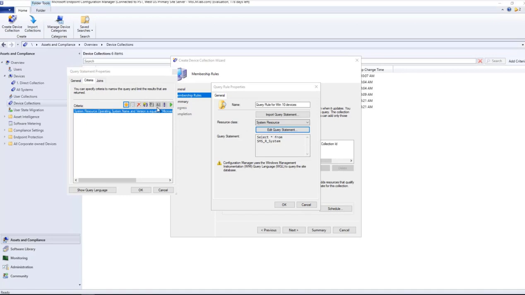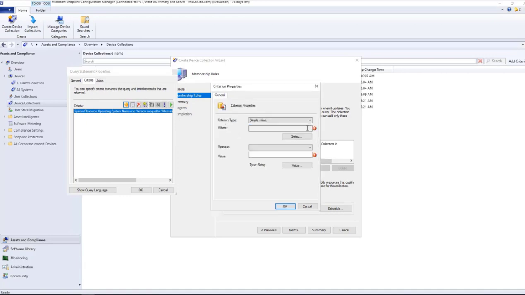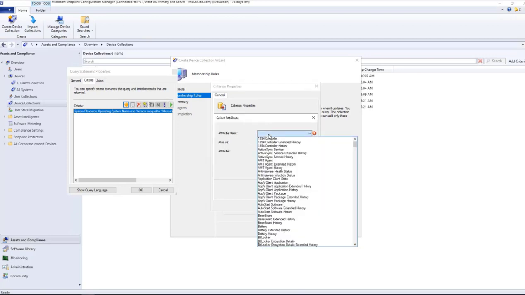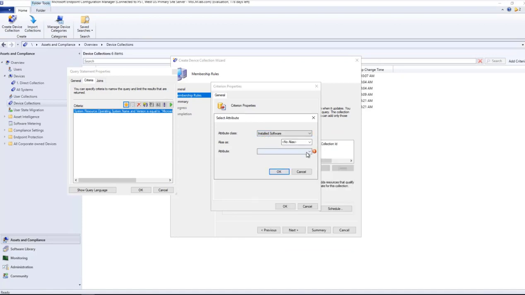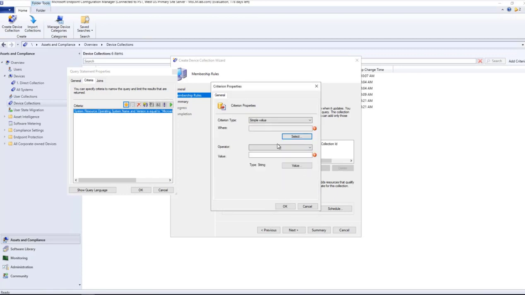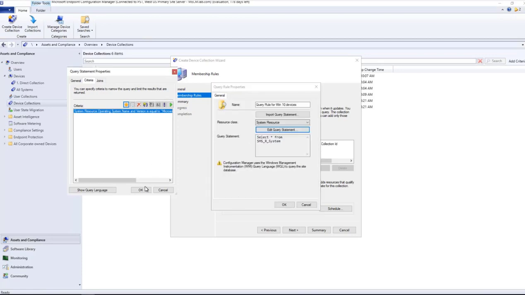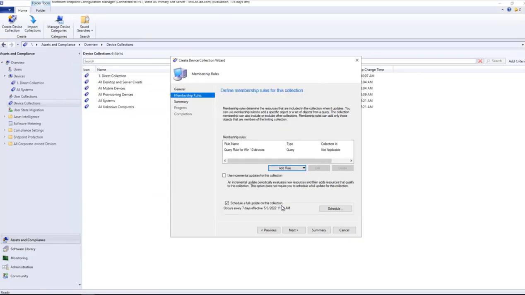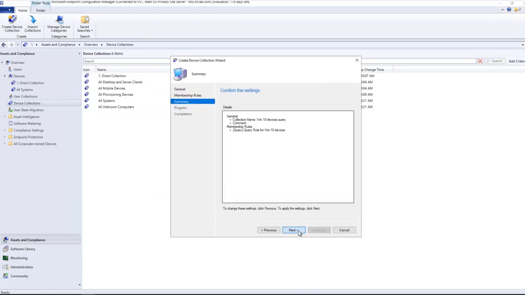Similarly, if I'm looking for the devices that are having a particular software, I can do the same thing, attribute class, and over here I can select install application or install software, and then I need to select the product name and proceed. However, currently I'm looking for the operating system name and version. So I will cancel this and I will press OK. OK, next, next,